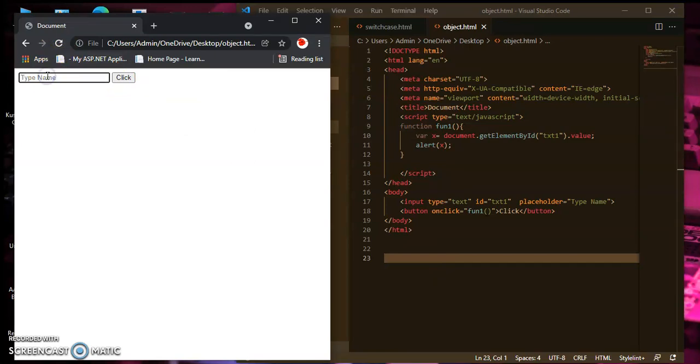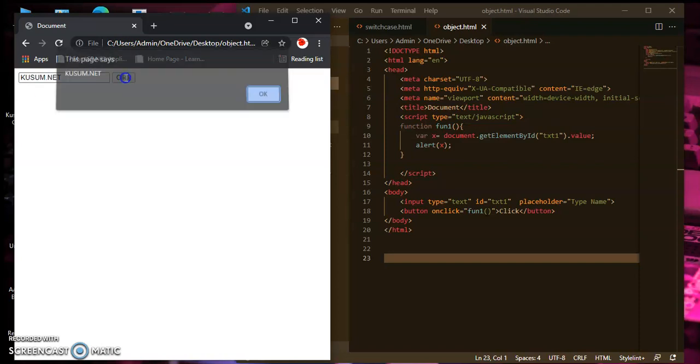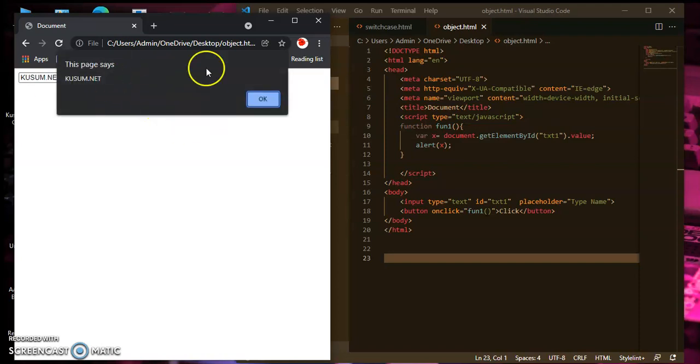Now type the name kusum.net here and click on this button. So your alert pop-up message box is displayed, fetching the value of this text box inside the alert pop-up message box.